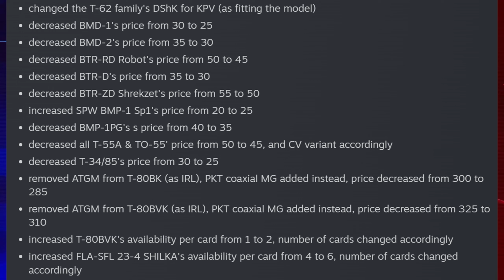to 25, decreased the BMD2 price from 35 to 30, decreased the BTRD robots price from 50 to 45, decreased the BTRD's price from 35 to 30, decreased the BTRZ Shkrizet's price from 55 to 50, increased the SPWBMP1's SP1's price from 20 to 25, decreased the BMP1 PG's price from 40 to 35, decreased all the T55A and TO55's